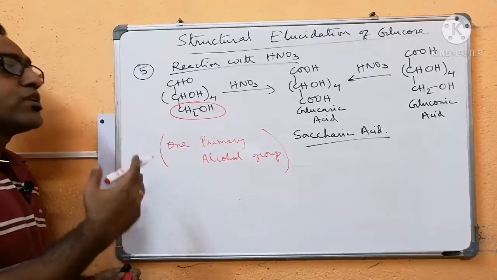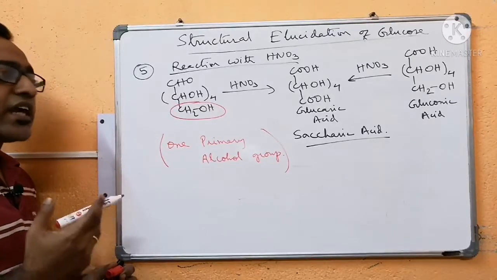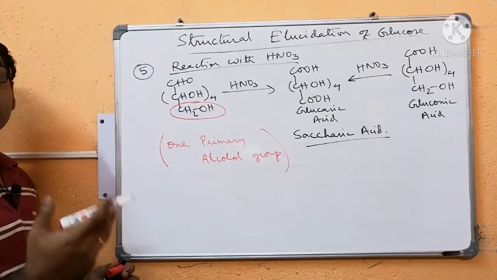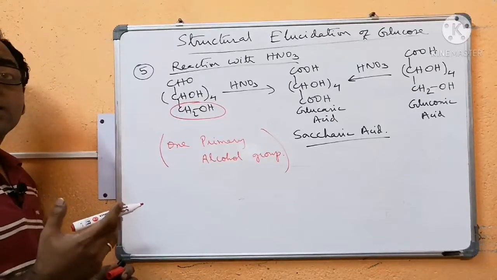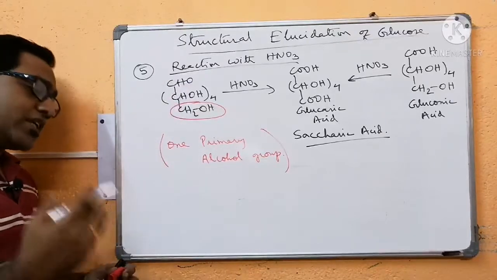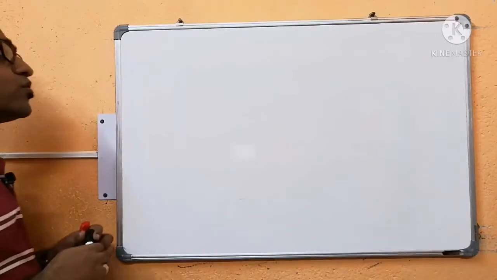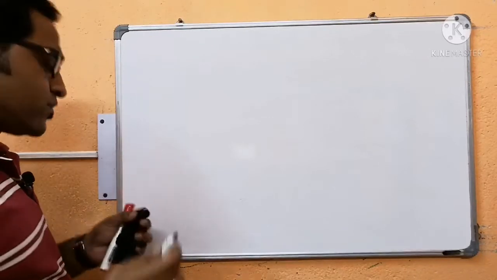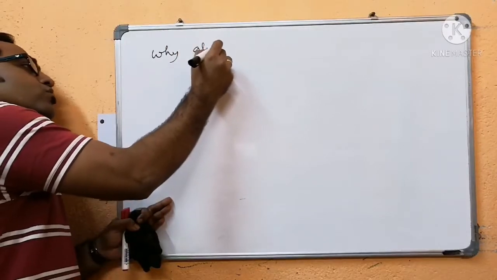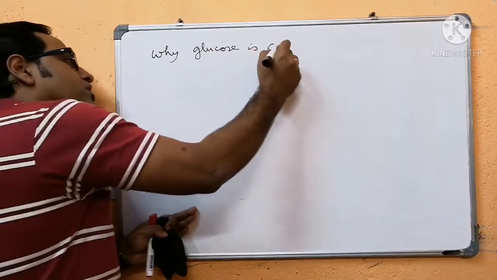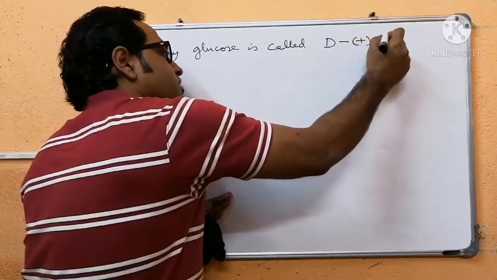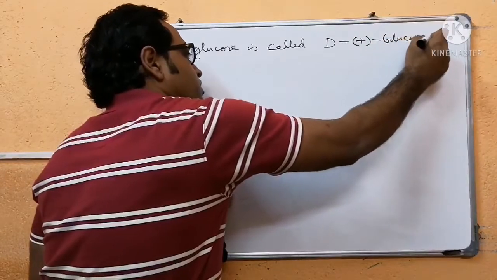In your CBSE exam, you will get a question: give the reaction which suggests the presence of an aldehyde group, which suggests the presence of a 5-OH group, which suggests the presence of a primary alcohol group. So like this you have to write the chemical equation. Next is why glucose is called D plus glucose. Okay,